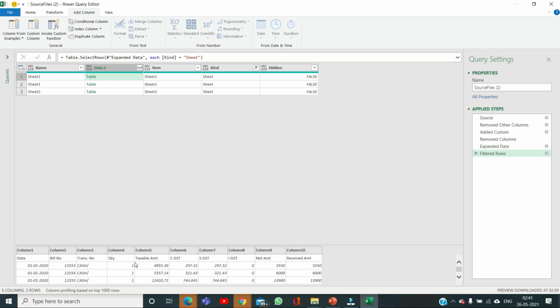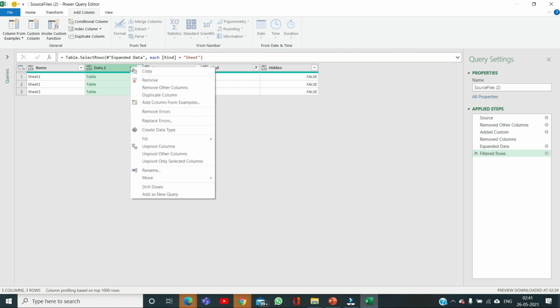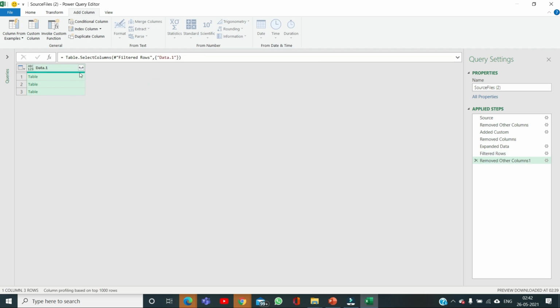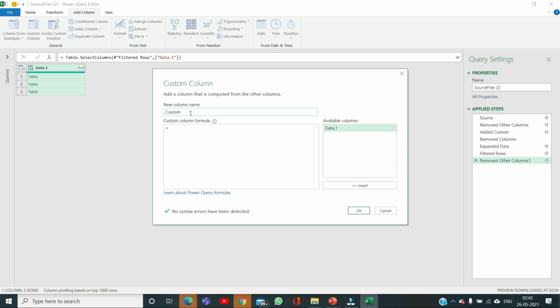So to eliminate this, we will further expand our query, and as we need only this column, we will remove all other columns. We will add another custom column, and at this point we will add the headers in our data.